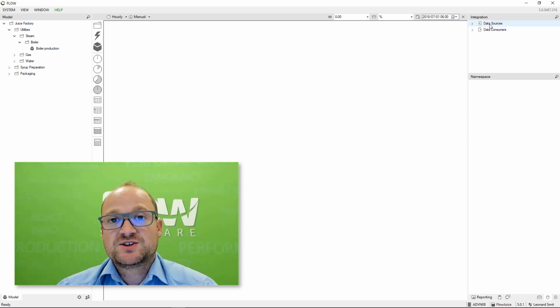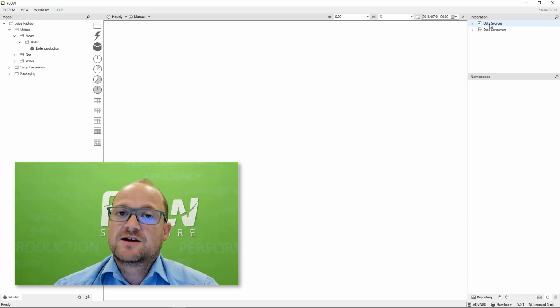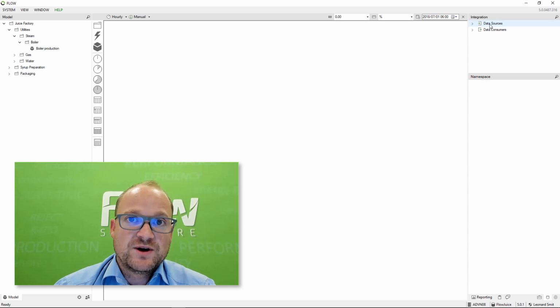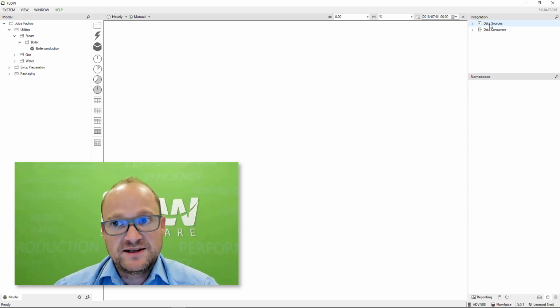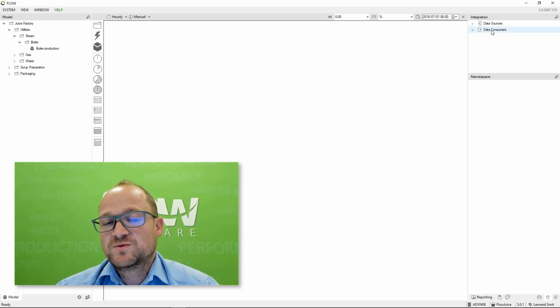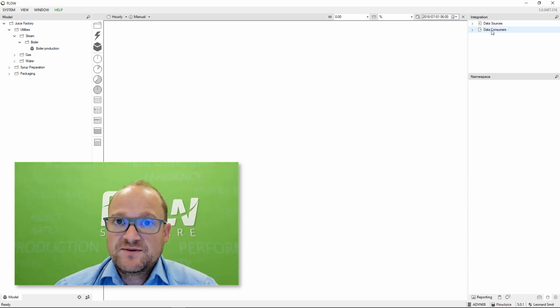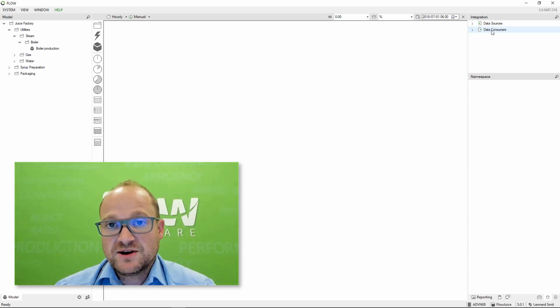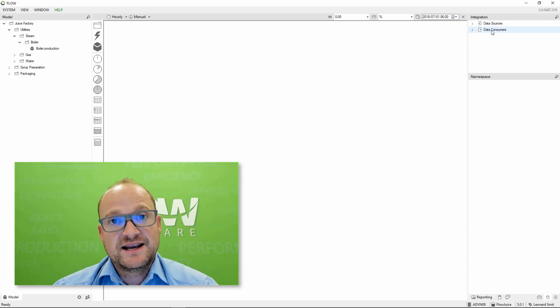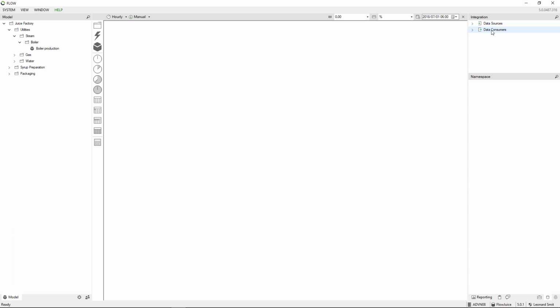Data sources will be sources of data for Flow that we will query and then apply the aggregation or calculation that you've configured on top of that data. Consumers will be other software vendors or potentially other software products that would need the data out of the Flow system. In this case, we're going to connect to some data sources,